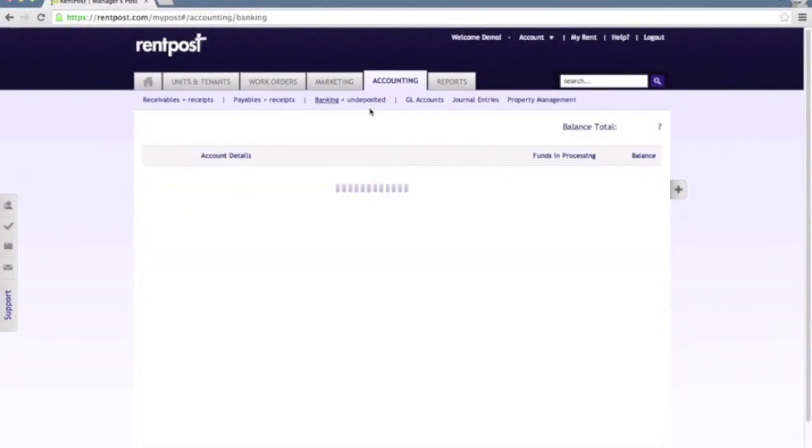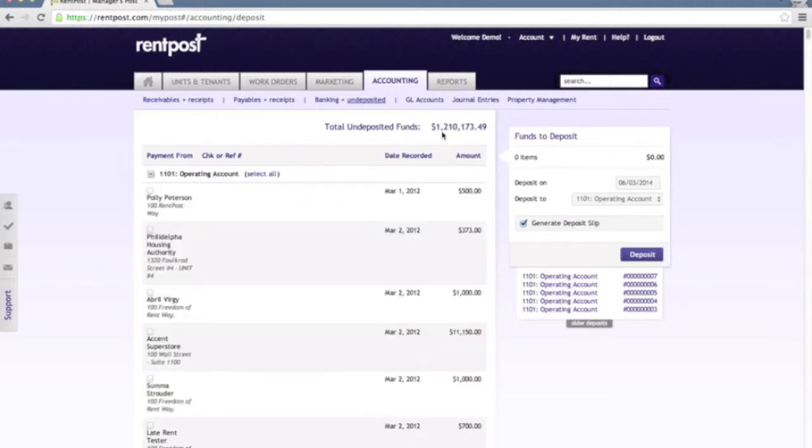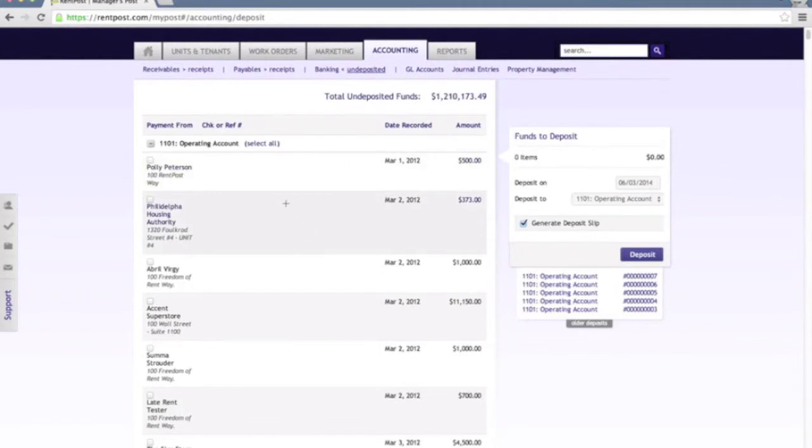So the next tab we're going to look at is the undeposited funds tab, and the undeposited funds tab is going to show you all of the payments that have been recorded and have been allocated out to the respective undeposited funds account. As you can see here, we have a large number of undeposited funds payments in this particular account. What you can do is go through each of these as you're reconciling, say, a stack of checks that you've collected at the beginning of the month, and you've gone in, you've recorded all those payments for that day,